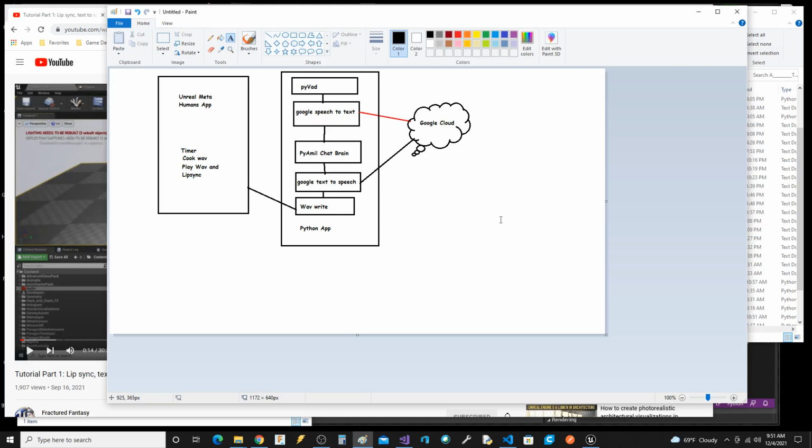The reason why is that people are out there doing text to speech and speech to text, but it's the brain that we're interested in. And I signed up for GPT-3, and people are trying to do all of this inside of Unreal, and some of the stuff is laggy.